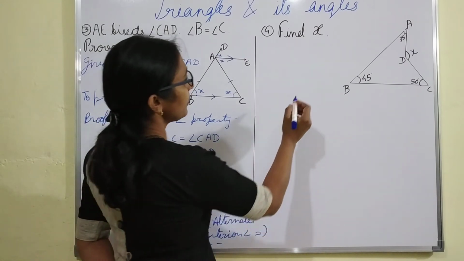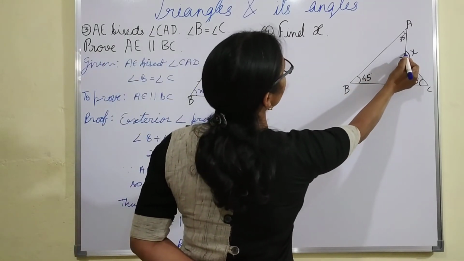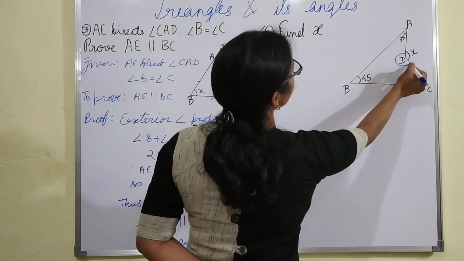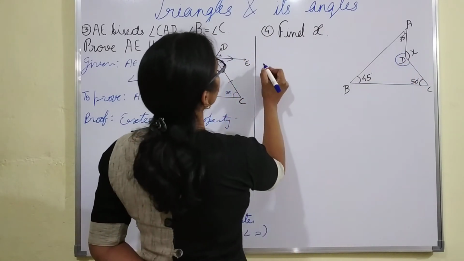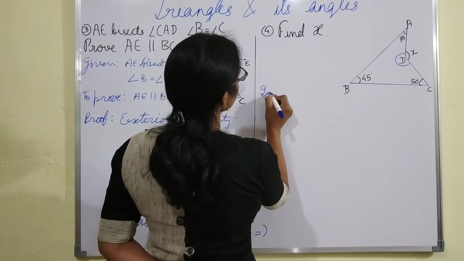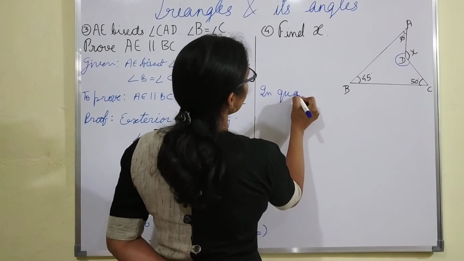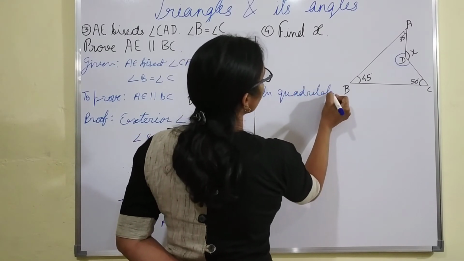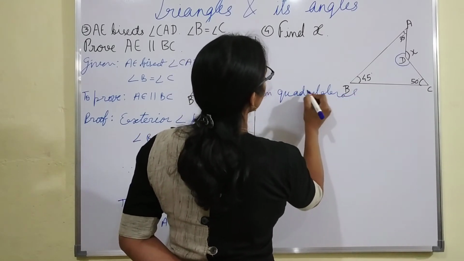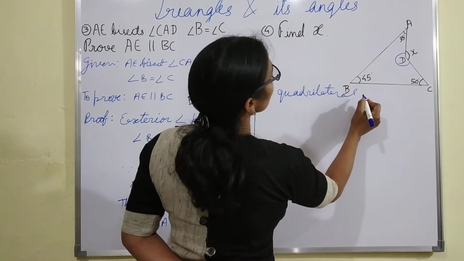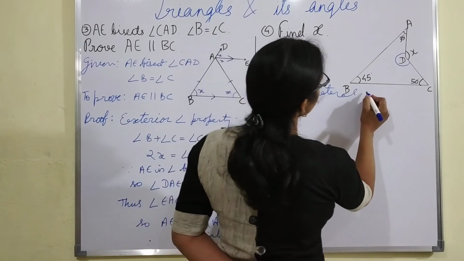So first we will find this angle. So in quadrilateral ABCD,